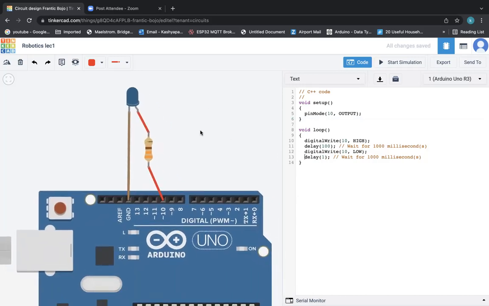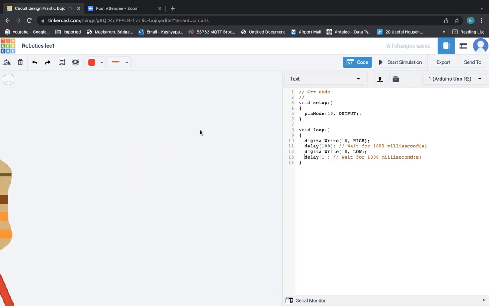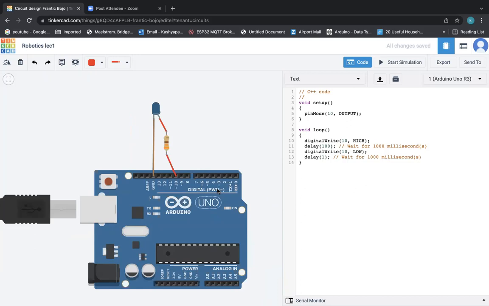Next time when we meet, just let me know whether you did it or not, right? I will give you a small tip. This is a ground pin, and here you also have two ground pins. G and D means ground. There are altogether three ground pins, and you can use any of these ground pins to connect your LED's ground pin.